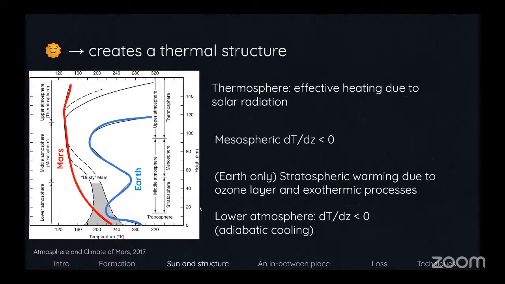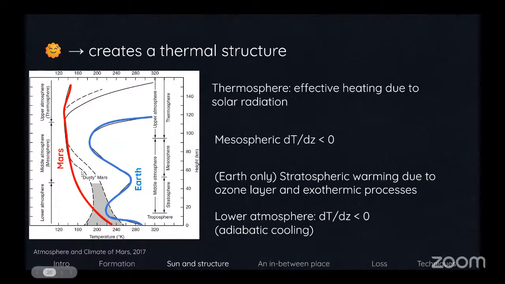And it turns out that a lot of atmospheres in the solar system behave in a similar fashion. The numbers are not the same, the altitudes at which things are occurring are not quite the same, but the overall structure is similar, except for Earth, which has this little bump here. So in general, close to the surface, if it's a rocky planet, there's a decrease of temperature with height, right? We've all experienced this before, you go up to the mountains, it's colder. If you go up Everest, it's really cold.